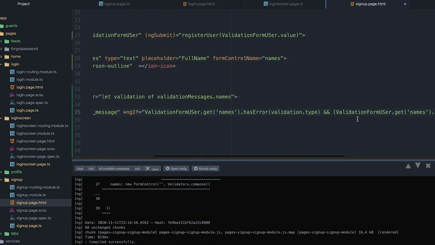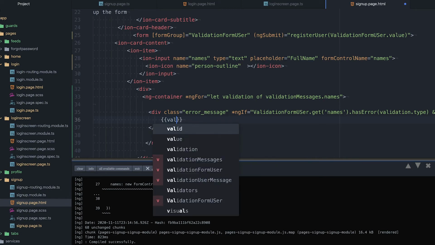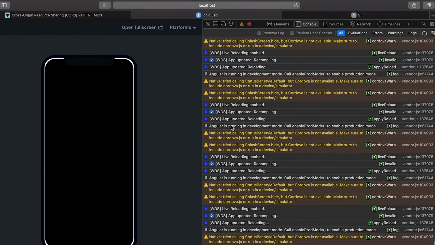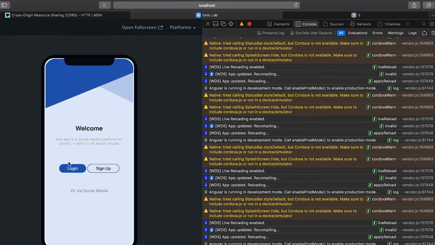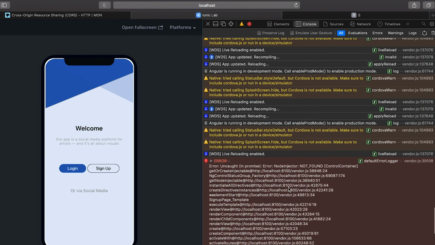Alright, so now if that is true, then we print out this message. So it will be validation, save, and let's check out and see what we have. So if we go to register, we have an error,